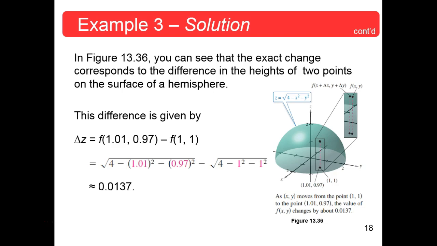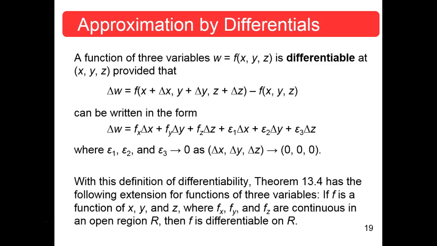That's the differential form. No, I'm sorry. That's the actual value. The actual value. The previous was the differential value. Okay. Now they say at the bottom of this page, page 906, a function of 3 independent variables,